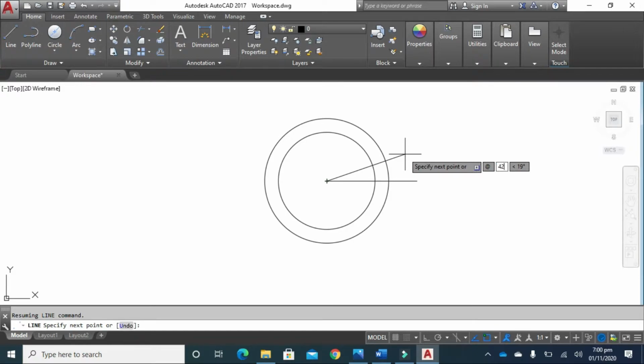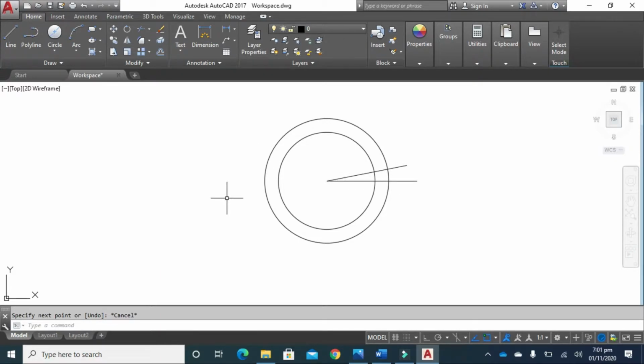Now again press the left shift key and press the less than sign or greater than sign. You have to press the less than sign, and now type 11 from your keyboard and press enter, and now escape. So we have made an arc of 6.15 distance.